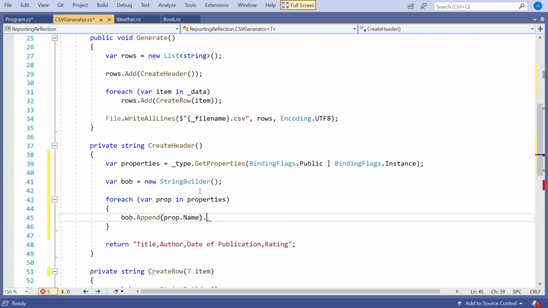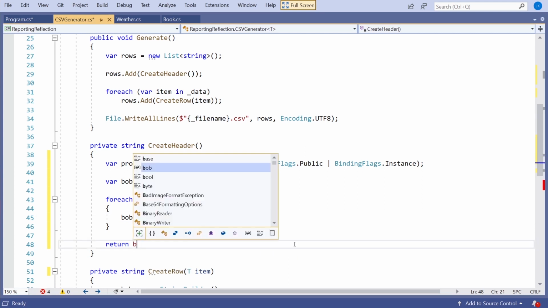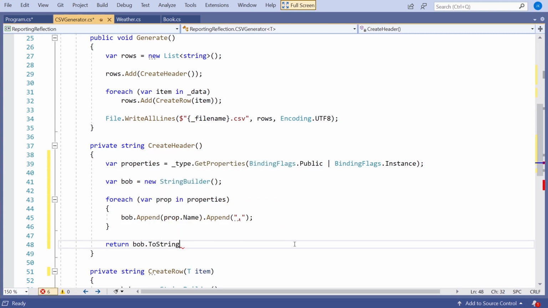And then, of course, the other thing I've got to do is pop on the end of there a comma, because this is comma separated values. And then we can get rid of the hard-coded bit, and we could return bob.ToString, and that should give us the header.